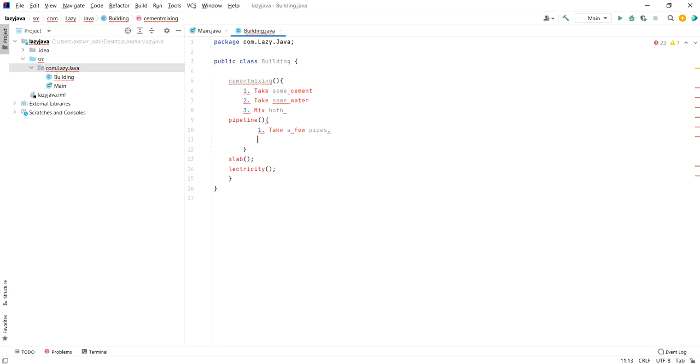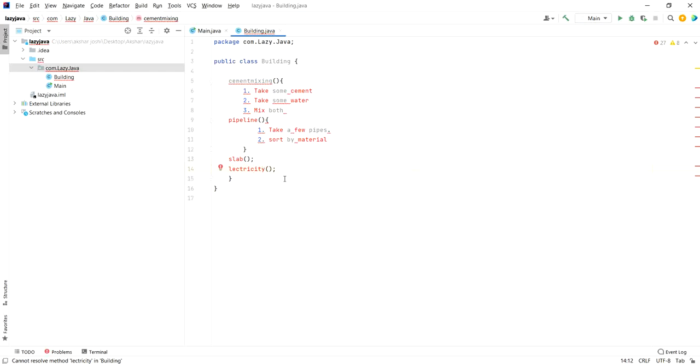Then you say, sort by material. If it is an iron pipe or a plastic pipe or a pipe made of leaves, and then subsequently I cannot write, the limits of my brain have reached for these two methods. So use your own creativity to write the methods for slab and electricity. So these are the limits of my brain.